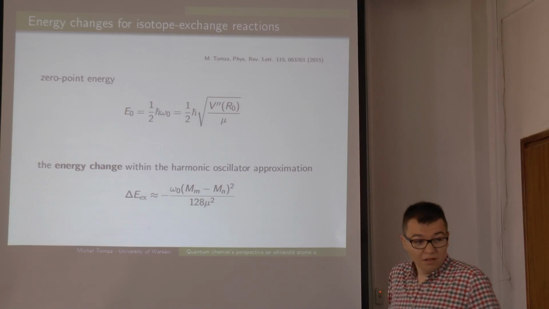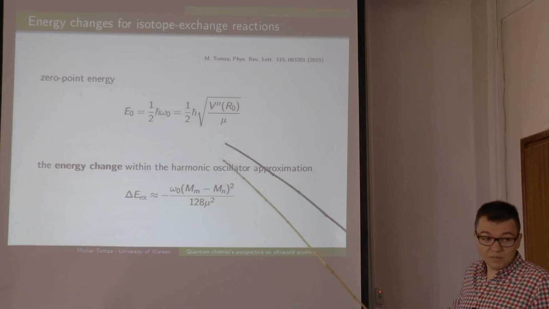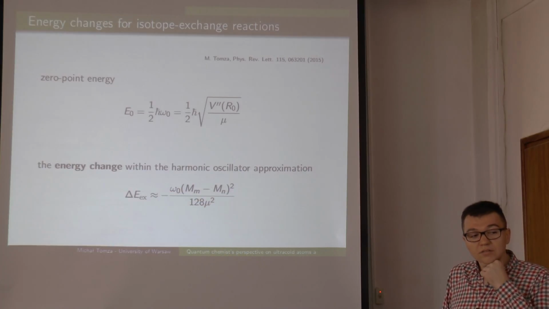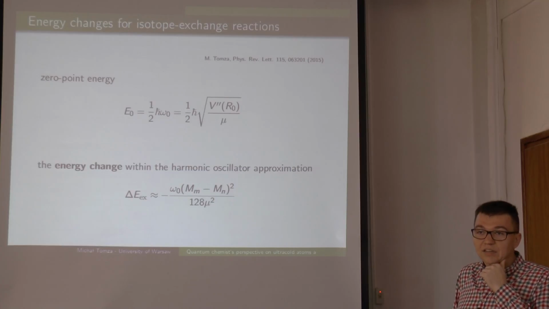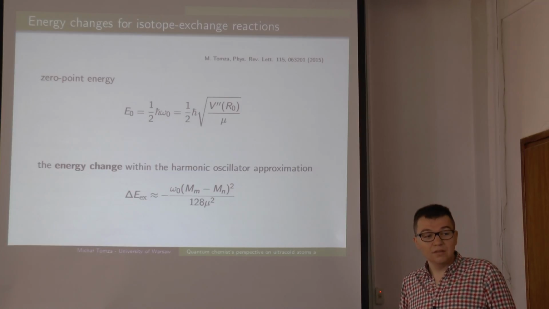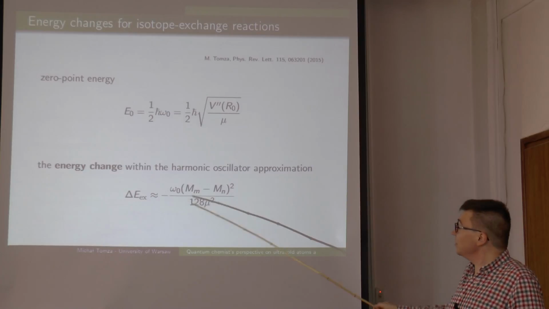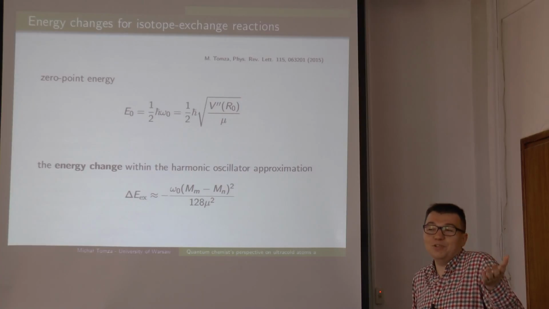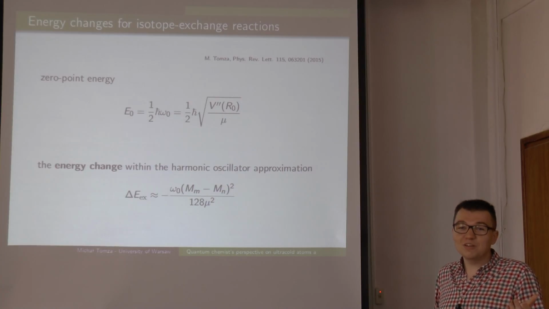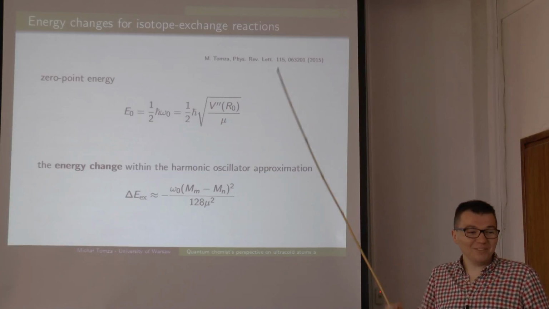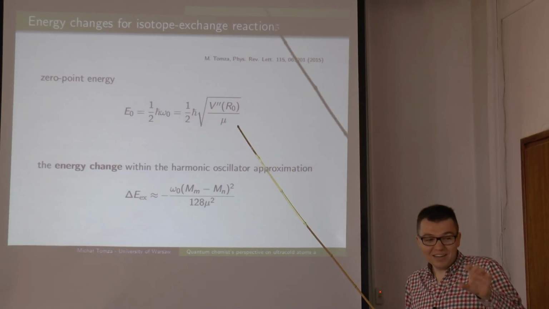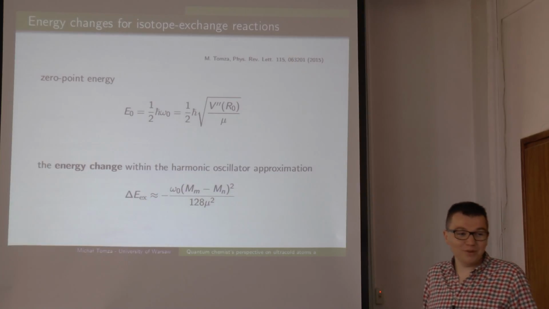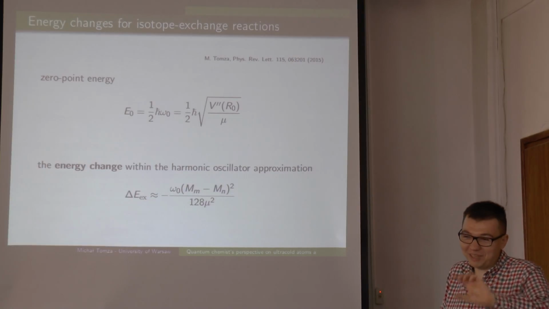So if those two numbers M and N are equal, the energy difference is zero, and the reaction can always go in both directions. Yeah, but with comparable probability. Yeah, because this is the mass of one isotope and the other. If we have rubidium with the same isotopes, you cannot distinguish which side of the reaction you are on. If you start from the ground state, these are identical fermions or bosons, so you don't know if you exchange a boson or not.